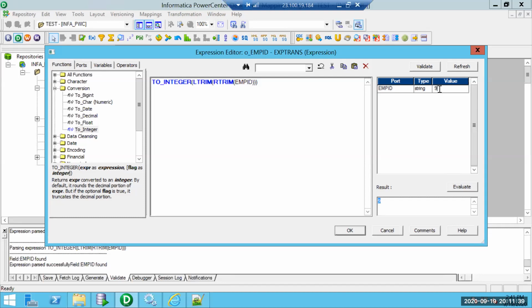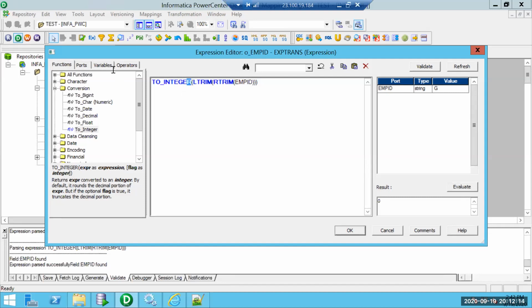Now one important thing is, whenever we are doing a toInteger, as long as it is a number, it will have a proper number in the output after applying toInteger. Let's suppose I am populating a and evaluate, it will show 0. Any character you specify which is not a number will be populated by default as 0 if you are applying toInteger, not ltrim and rtrim.